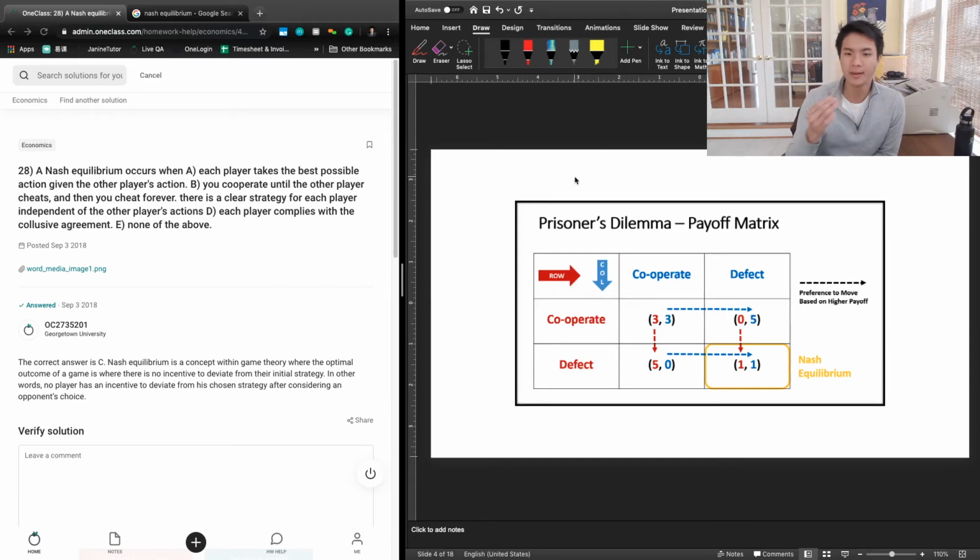So the prisoner's dilemma says, you and a friend commit a crime and you both get arrested for it. And so you're put into separate interrogation rooms, and you're both given a choice to either cooperate with the